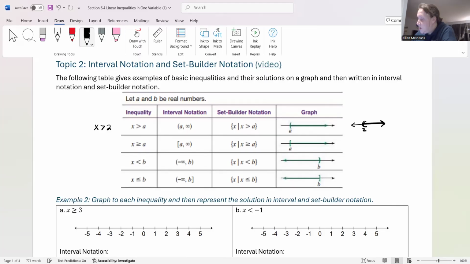So anyway, this darkened shaded region represents the solution. Now that's just the graph. How would we write this in interval notation? This shaded region quite literally represents your interval. The far left is the smallest value that our solution can be, and the far right is the largest value